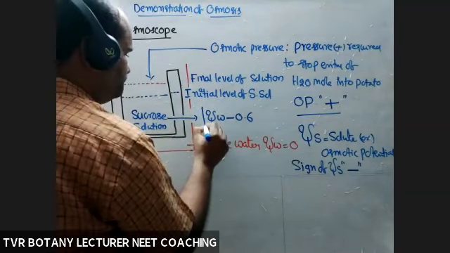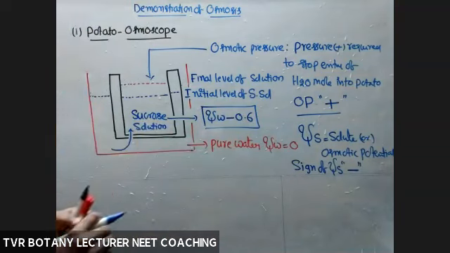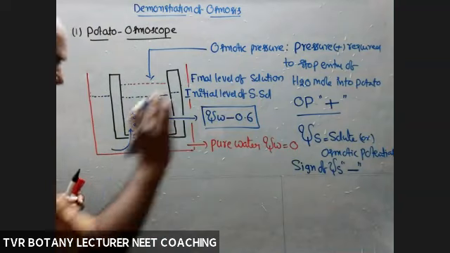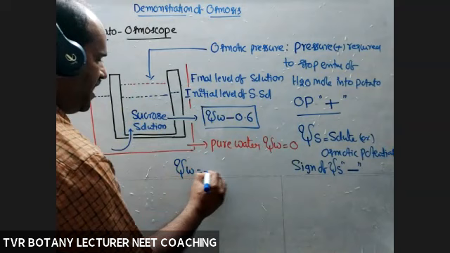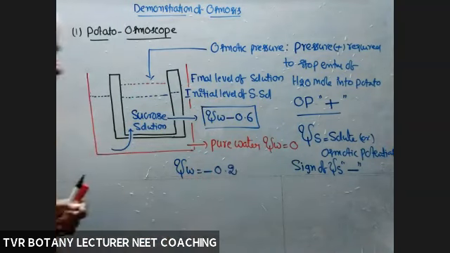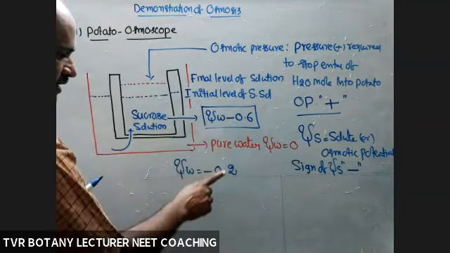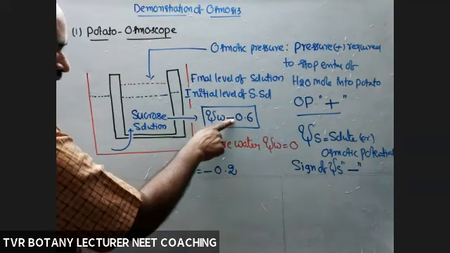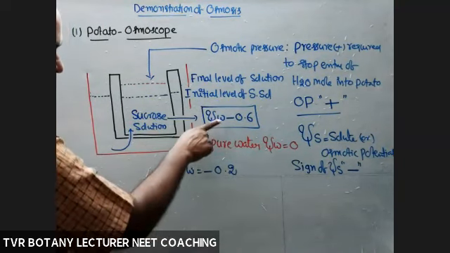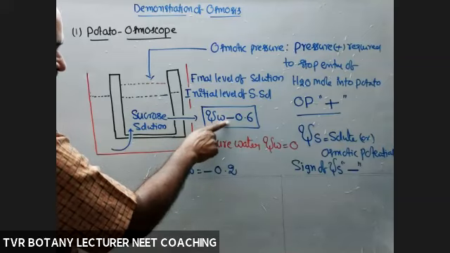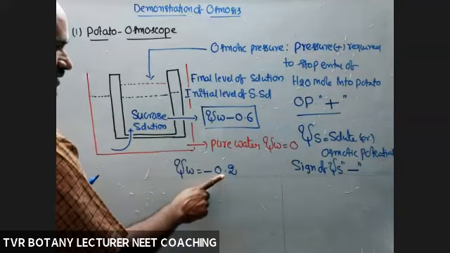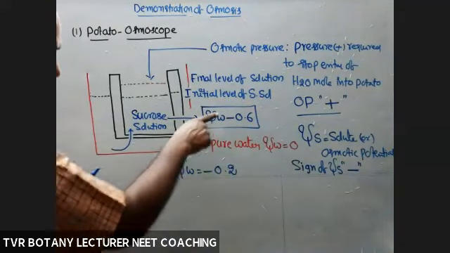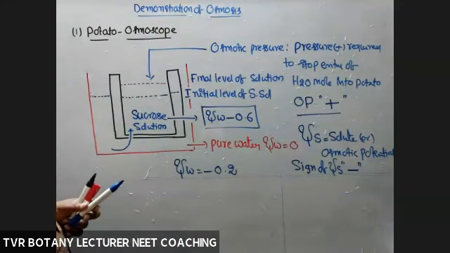Initially, what about the psi W value? Minus 0.6. After the addition of water, for example only, the psi W value finally becomes, for example, minus 0.2. So more negative to less negative. So what about the psi W value? Here it is decreased, here increased. So osmotic pressure is able to increase the psi W value by reducing its negative value, right?